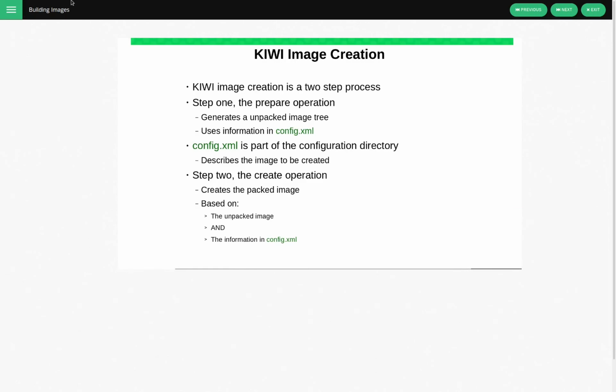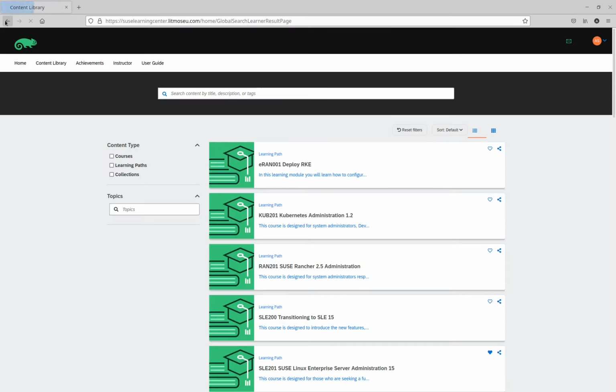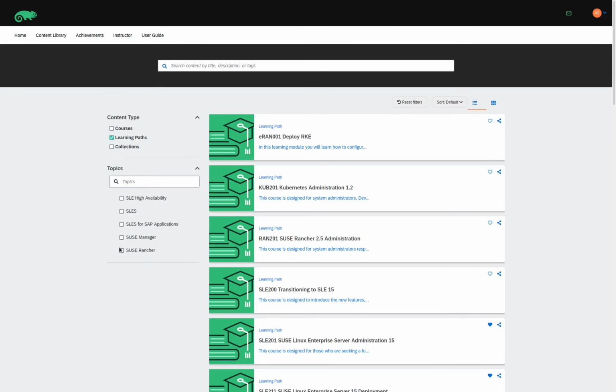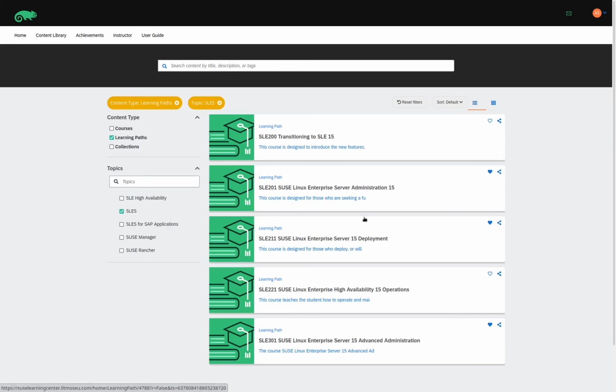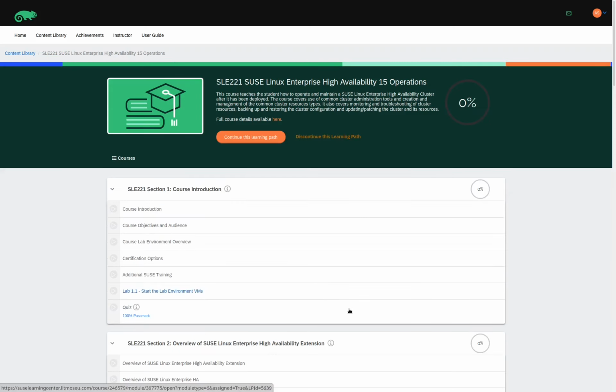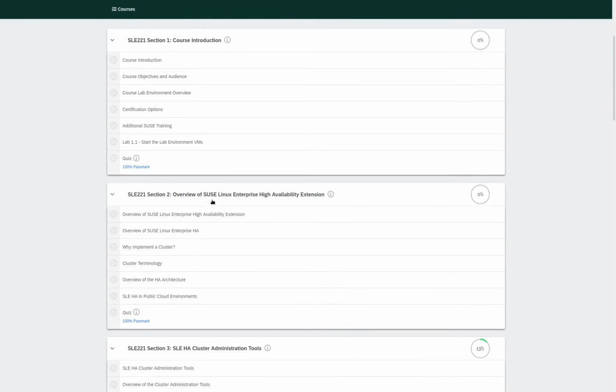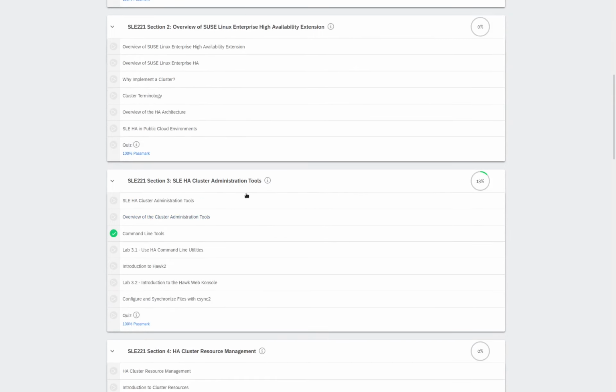From here, we're going to navigate back to our content library. And we'll take a look at our next learning path in the SLES topic. Our next learning path to look at is the SUSE Linux Enterprise High Availability Operations for SLES 15. Again, I click on the title of the learning path, and this will show me all the different sections or topics that are covered. We have the overview of the SUSE Linux Enterprise High Availability Extension, the HA Cluster Administration